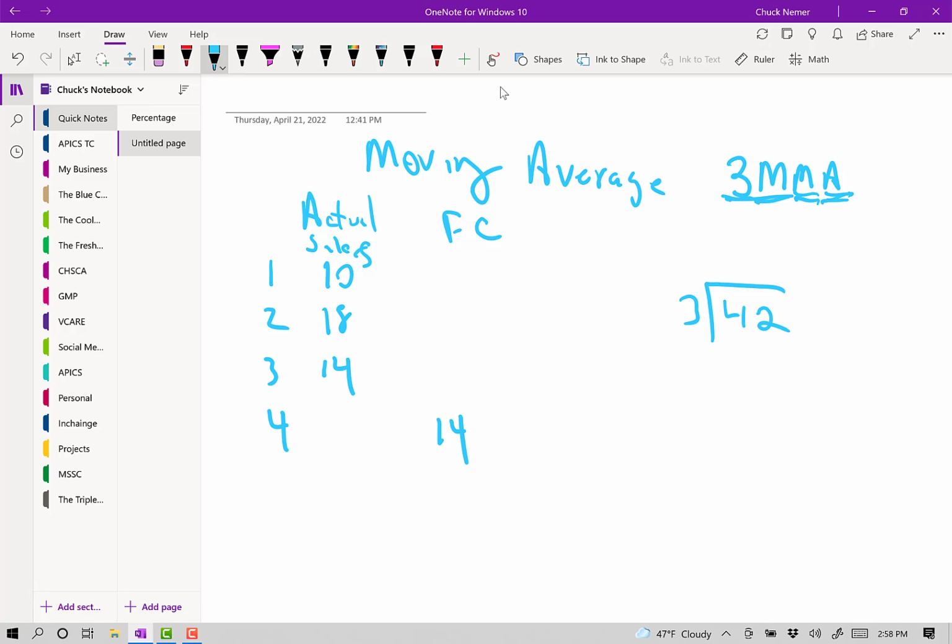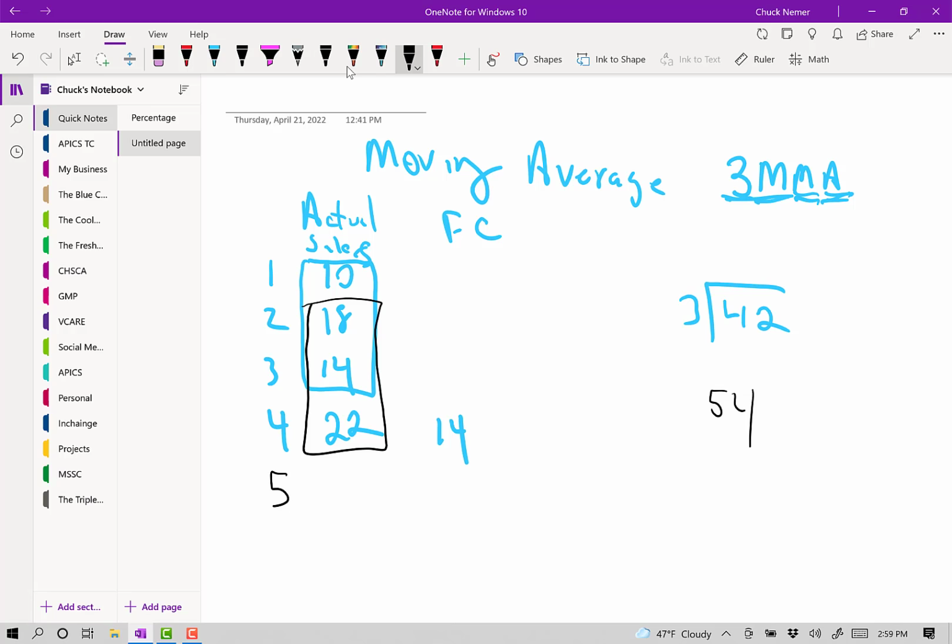Now this is where the moving comes in. It says, okay, let's go see what the sales are. Sales come in at, let's say, 22. Now the window moves from months 1, 2, and 3 over to months 2, 3, and 4. That's the moving window. So we grab the last 3. We're going to add up 18 plus 14 plus 22. We get 54 total. And again, because it's a 3-month average, we divide by 3,